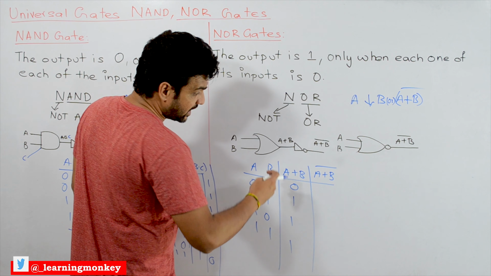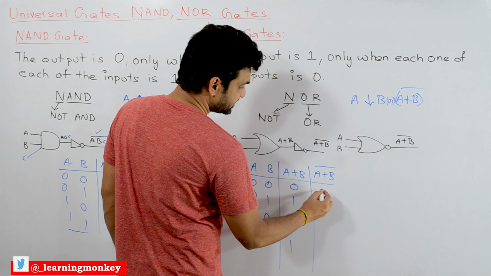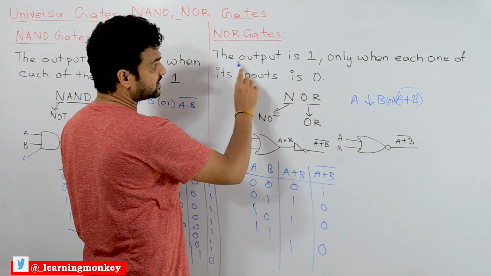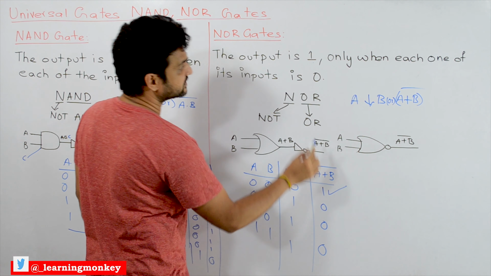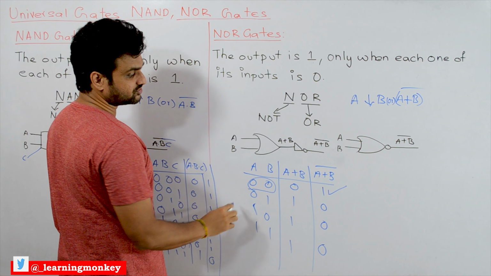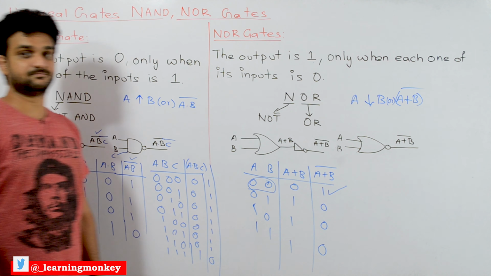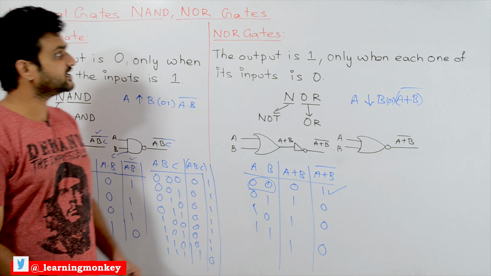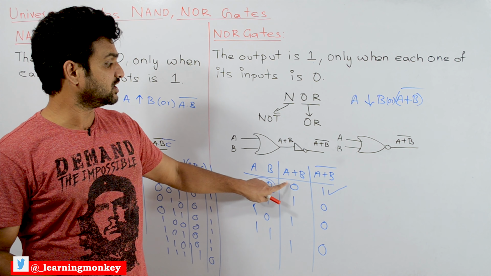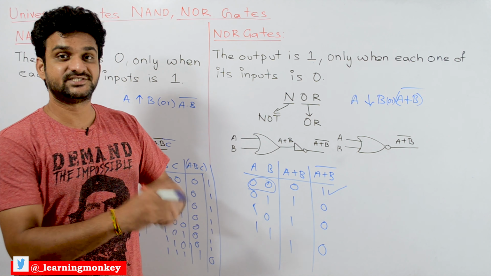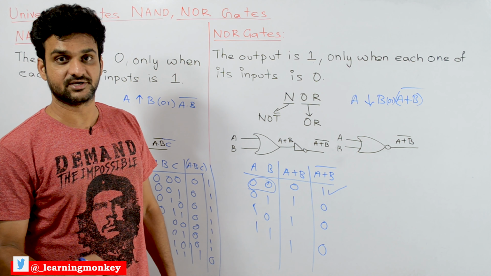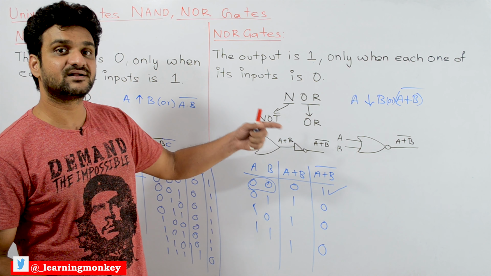So this is OR. Complementing OR gives the NOR. Complementing OR means it is 1 0 0 0. So what the statement states is the output is 1 only when each one of its inputs is 0. Only when each one of the inputs is 0 is the output going to be 1. So this is what we call the NOR gate. Try to draw the truth table for a 3 input NOR gate. Check whether you are getting the output as 1 only when all the inputs are 0 or not. You try it on your own so that you can get a better understanding.